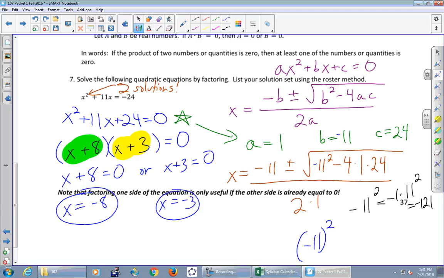And what is negative 11 in parentheses squared? It is 121. So this isn't just a semantic thing, and it's not even like, hey, I'm going to take points off if you don't put parentheses. It's that if you're not paying attention, you are going to write something down and get the wrong answer because you didn't write the correct thing down, right? This is not semantics. You type it in the calculator, you will get it wrong. If you forget the calculator and just do what it says, you will get it wrong. So let's get it right by writing the correct thing.